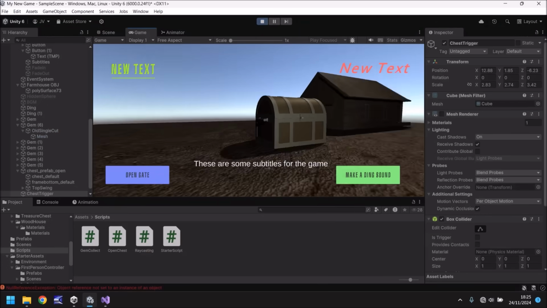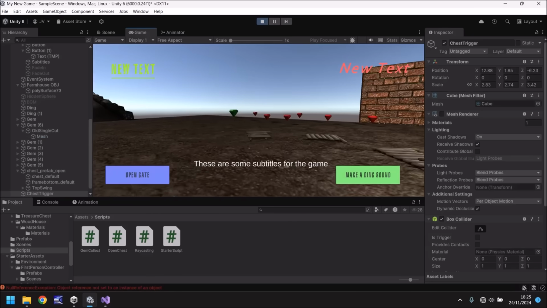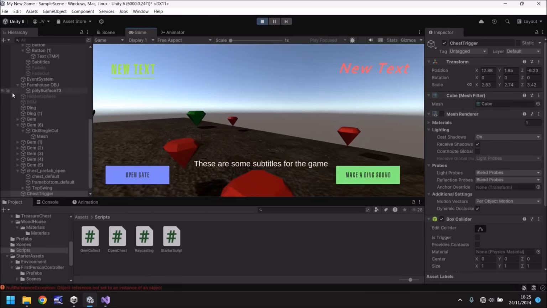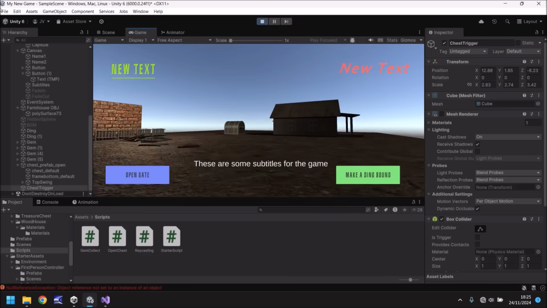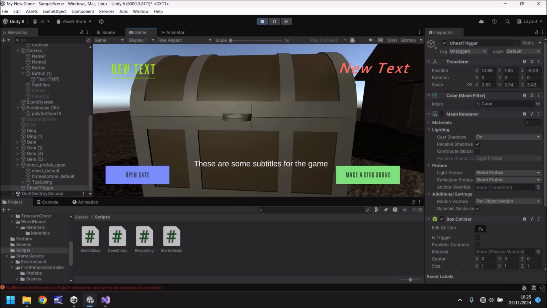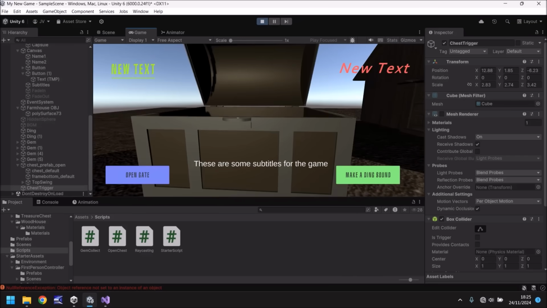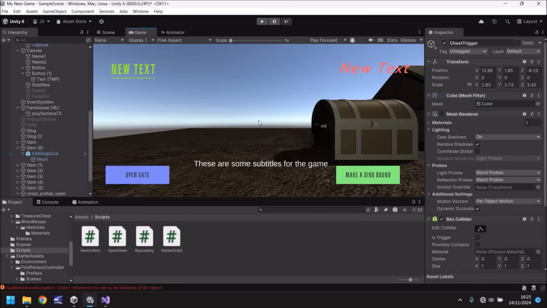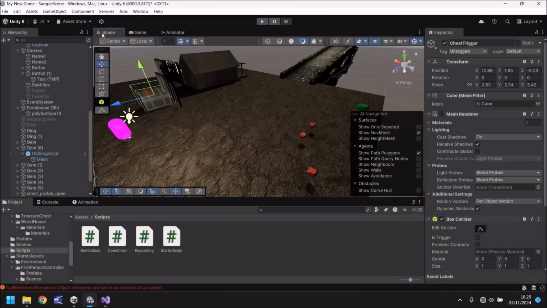So it's all good so far. Chest is there. We can still go and collect some of these. Perfect. Now let's go and open this chest. E. Perfect. So there are many different ways that you can create a script to interact with objects, and